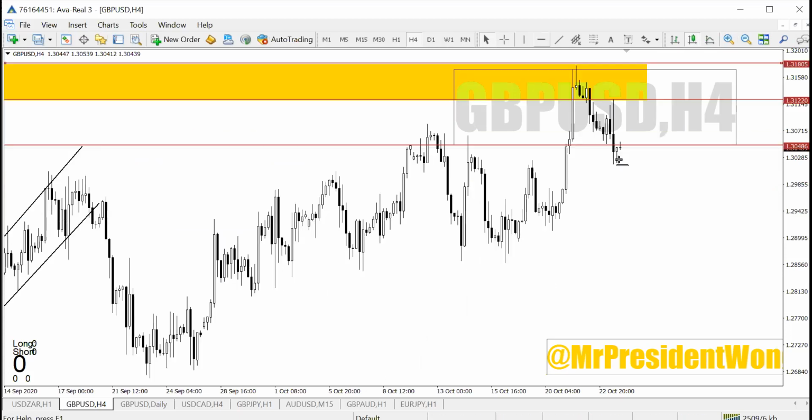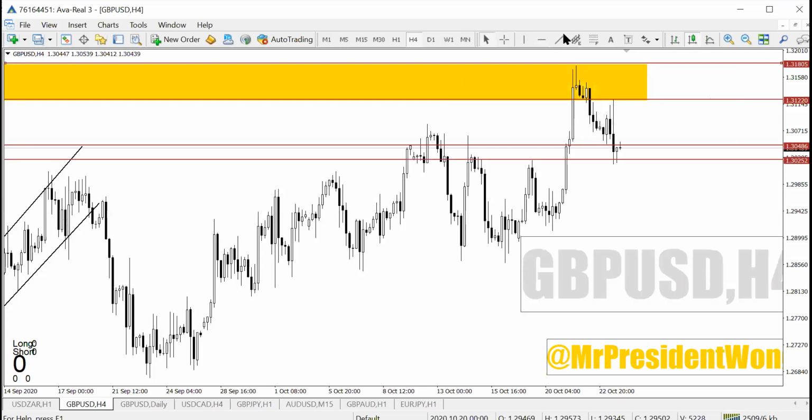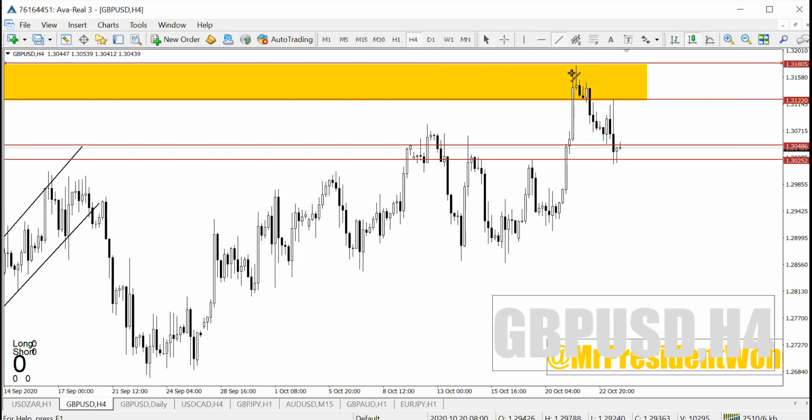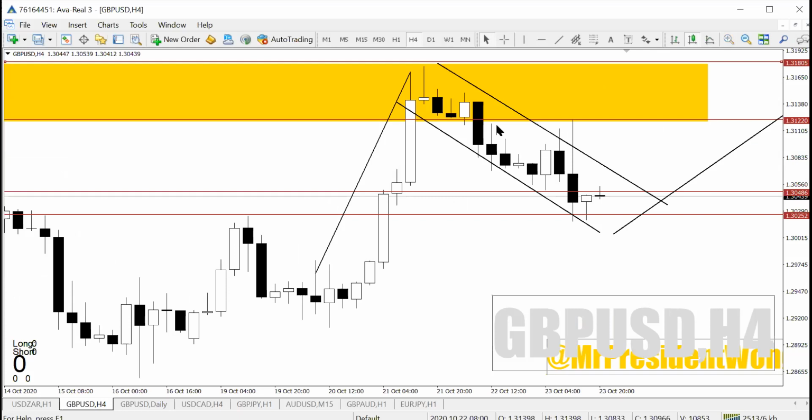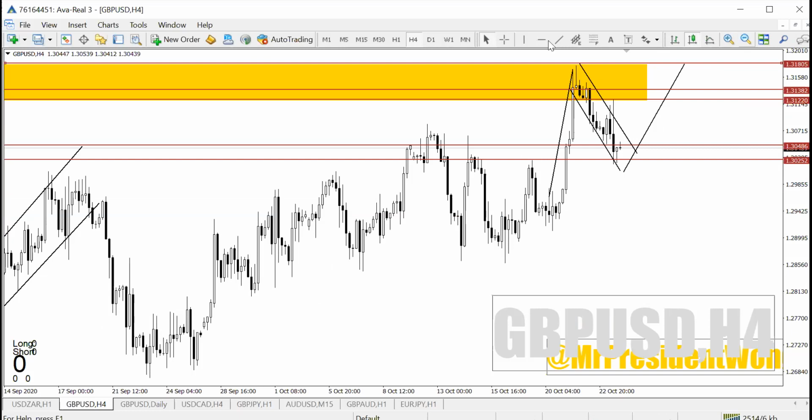Now, this movement here is not as big, not as strong as this move up. So this means this is banks taking profits. This retracement is banks taking profits on their buy position. What are we expecting now? Expecting the price to move up, but they will not just move the price up for the sake of moving it up. They have to have traders that are going to be trapped in selling. As you can see, if you zoom in there, the price engulfed here, then retested and dropped. So I'm expecting the same story with the pound again, that the price is more likely to retrace to this level,